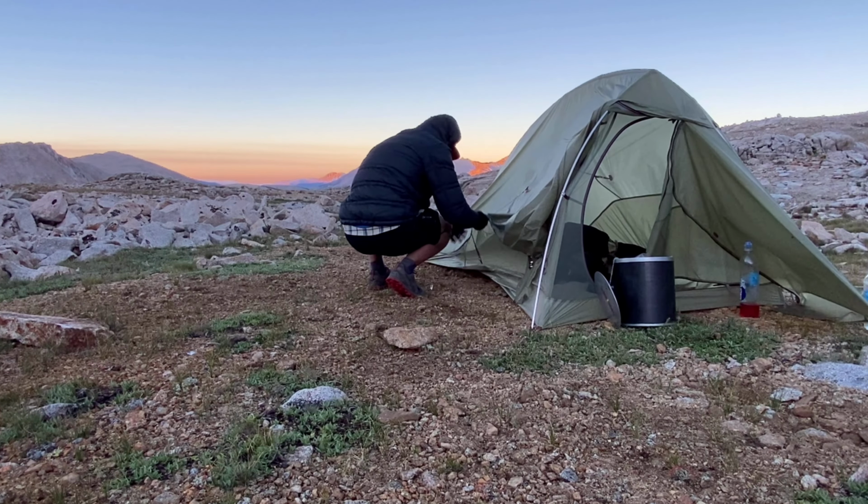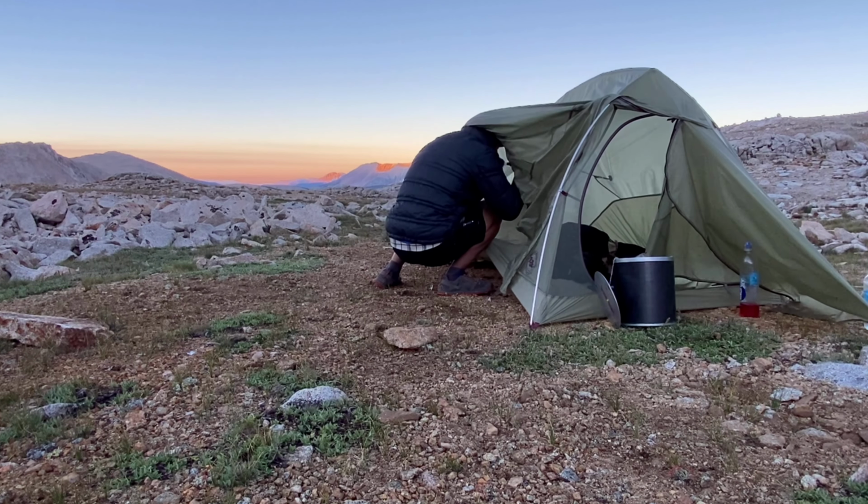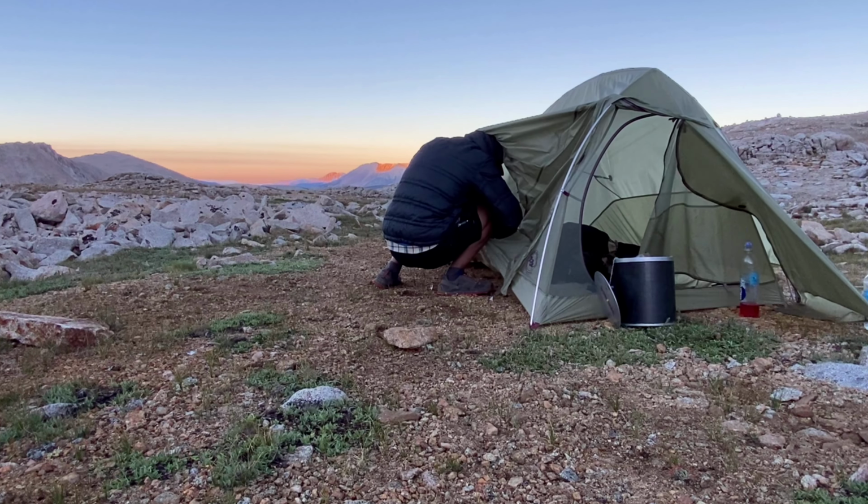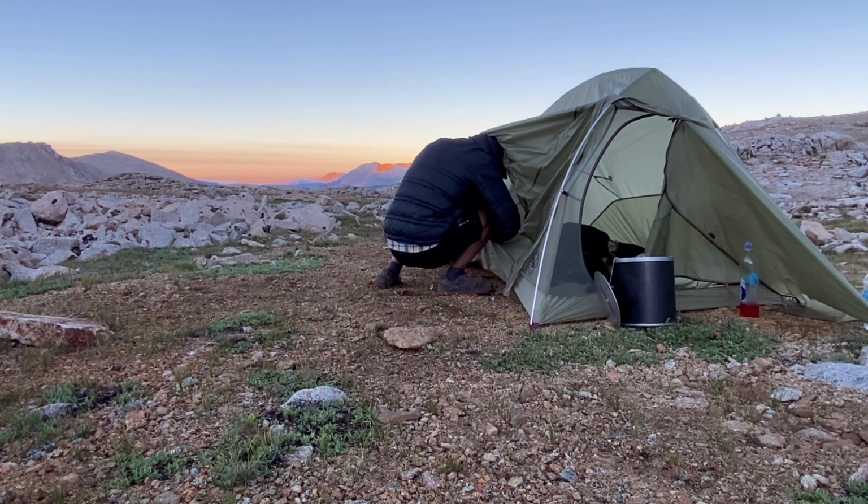The second thing was the rainfly. There were so many little components that you had to go under and unclip and reclip and tighten up. I didn't really like that. It's marketed as a 2-person tent, but it's more like a 1.5-person tent. Really not that much room in this tent, and to put 2 people in it is quite a stretch. Also, it's generally kind of heavy in terms of ultralight tents,